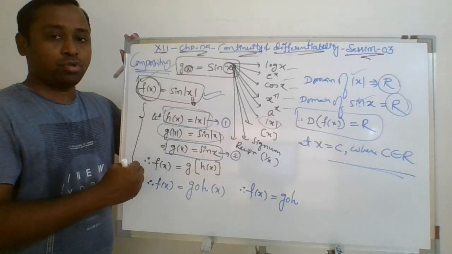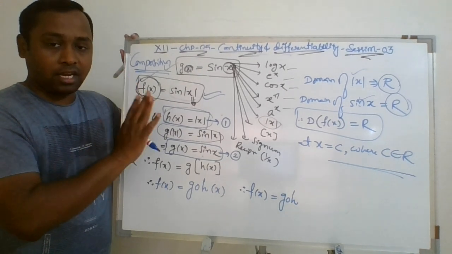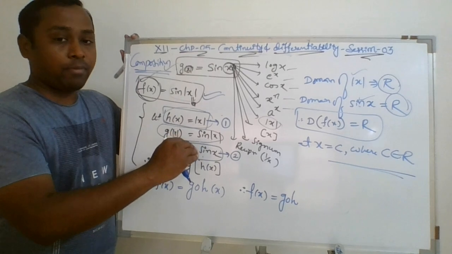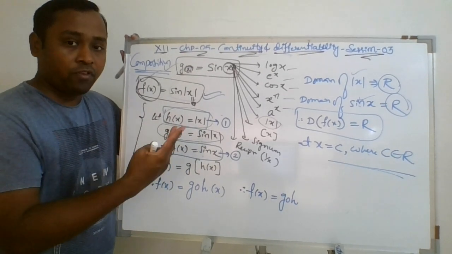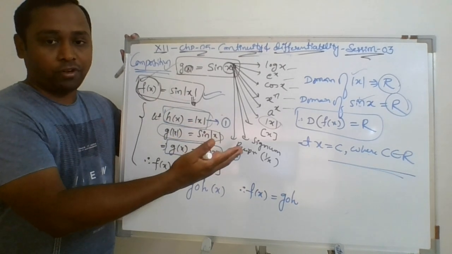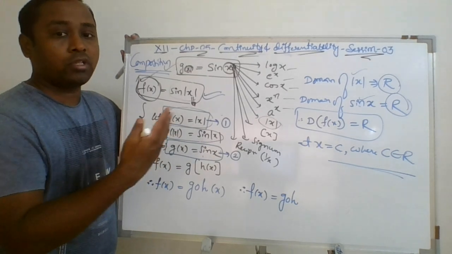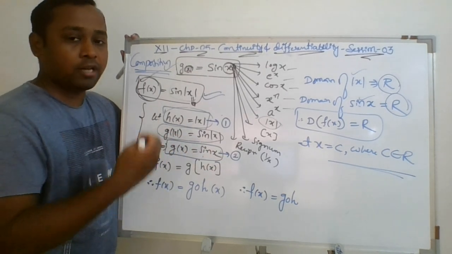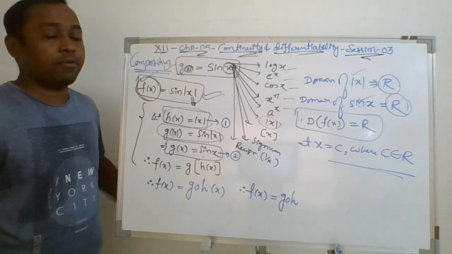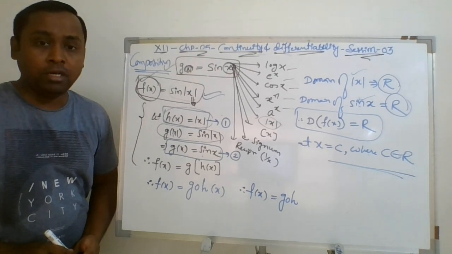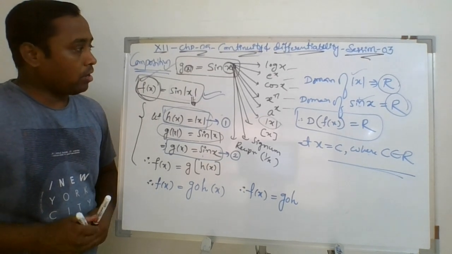In the previous question, you were dealing with a single function. But in this type of question, you have to take two. You are always dealing with two functions or more than two functions, so you need to check the continuity of two or more functions. It is just double or triple work, but nothing else, apart from the beginning, that is the common domain. Fine, I hope you have understood this.